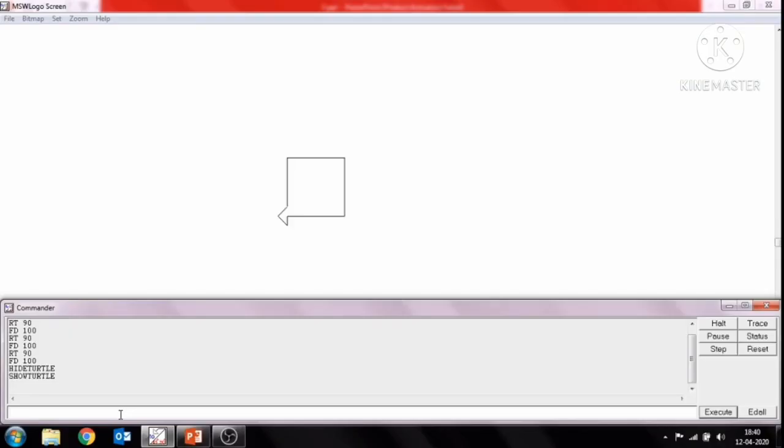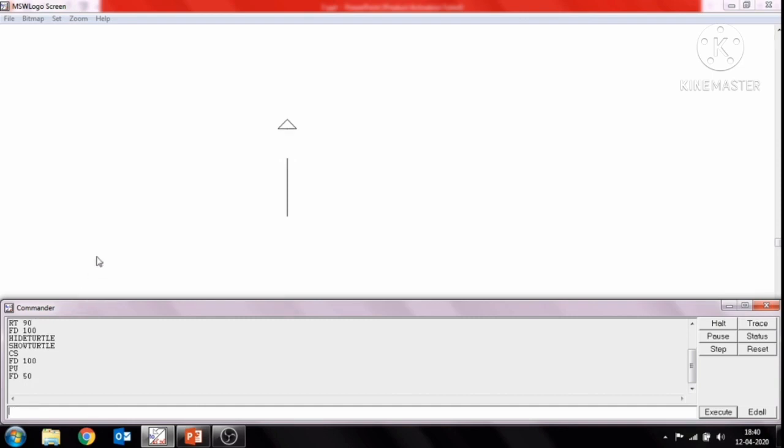Look here. Here we give the CS command, clear screen command. Then FD 100. Here we draw a line. Then give the pen up command, PU. Then again give the forward command FD 50.